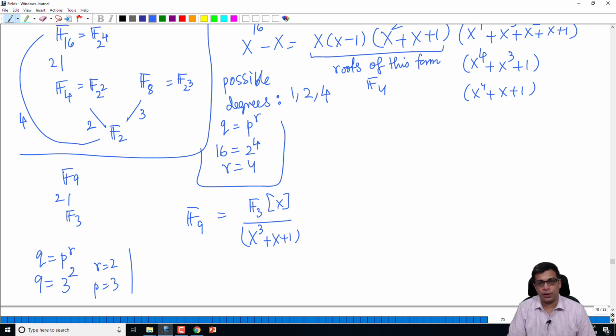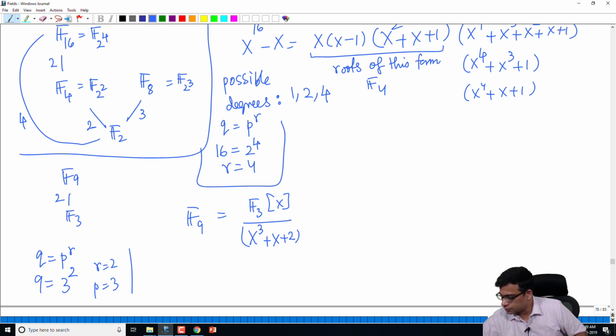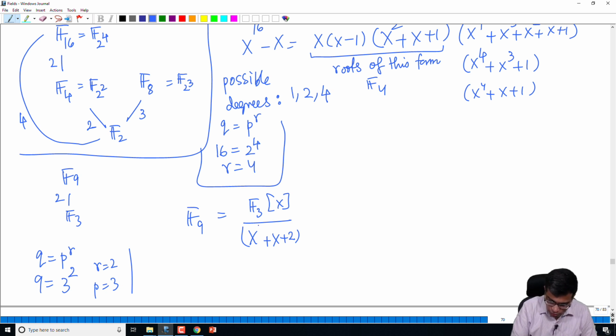So a polynomial of degree 3 is irreducible if it has no roots, and F3 has 3 elements 0, 1 and 2. 0 cubed plus 0 plus 1 is not 0, 1 cubed plus 1 plus 1 is actually 0, so I should take here 2, right, because, sorry, actually I'm sorry, I have to take x squared plus 1, maybe I should take this. That's one possibility. I wrote it wrongly. x squared plus 1, I claim, is an irreducible polynomial because